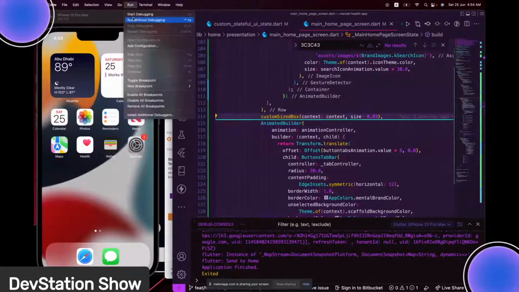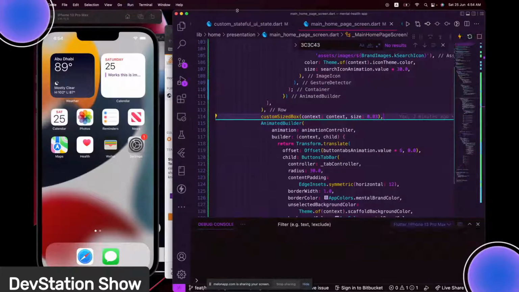So let's run our app again. So basically, guys, so far we have concluded what we want to do, but the issue we're having is that